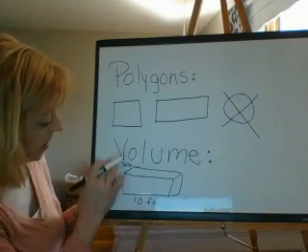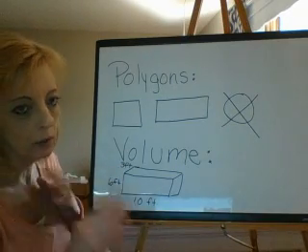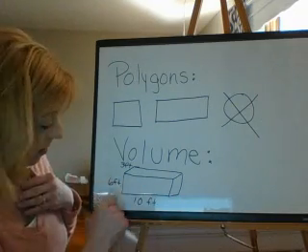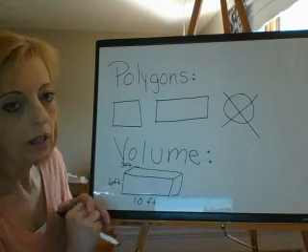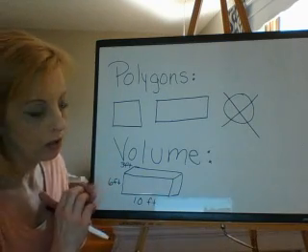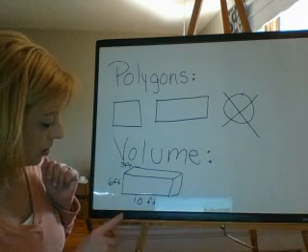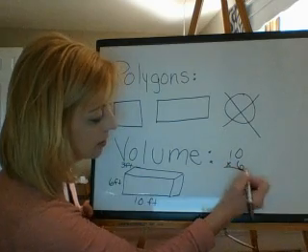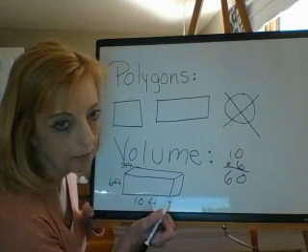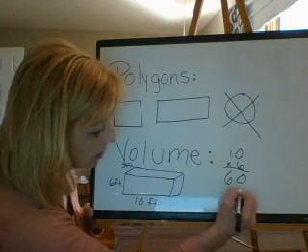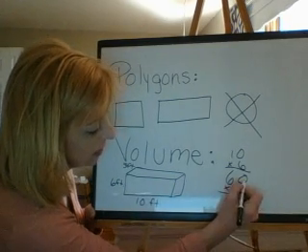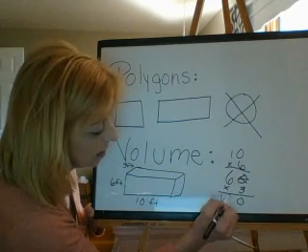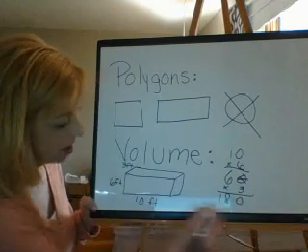It doesn't matter really which one you call the length, which one's the width, which one's the depth. Sometimes they call it height. Whatever, you just know you have to multiply those three measurements. So I'm going to start out doing 10 times 6, which is easy because it's always that number with a 0 on it. Now I have to multiply that by 3. Also easy because I'm going to put that 0 down, forget about it, do 3 times 6 and get 180